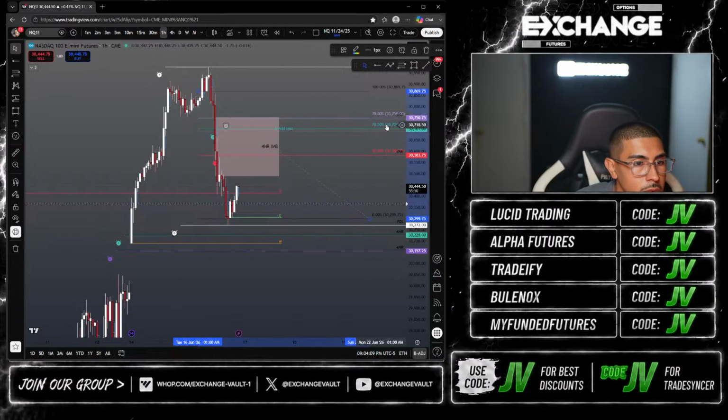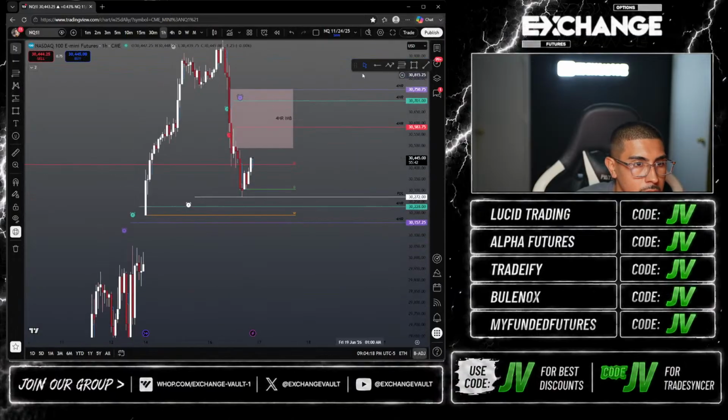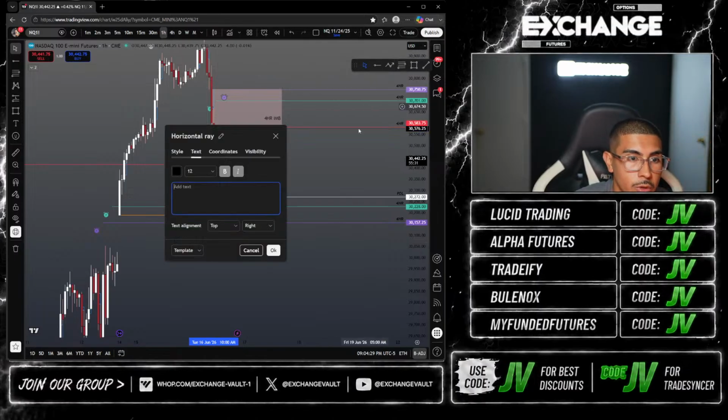All right, let's remove this. So we have the 4 hour levels marked up. We did break this low for continuation here. We broke these lows, so obviously bearish. We broke the low for continuation. So this is what I would want to see. Okay, that's perfect. That's actually perfect right there. If we can tap into